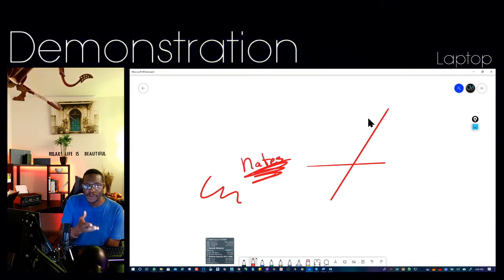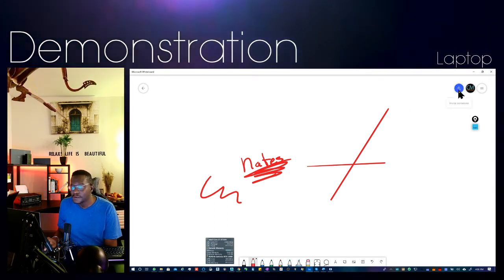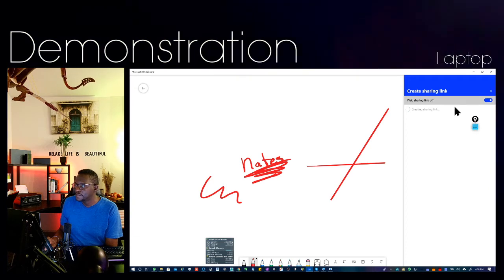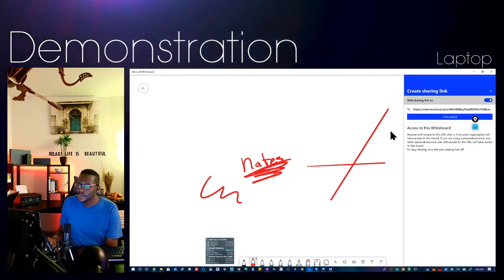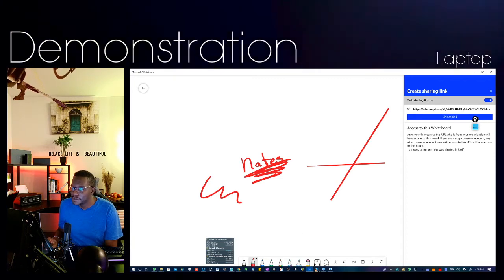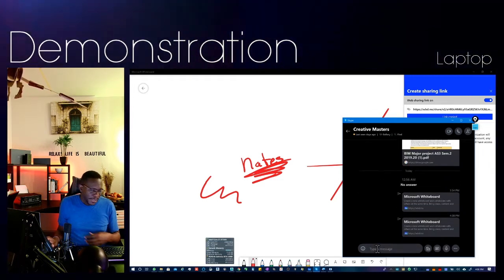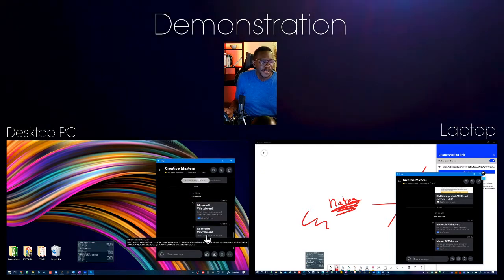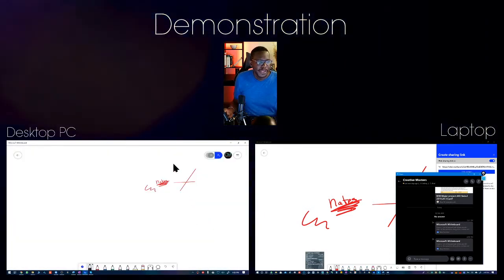So let's say I wanted to share this with a fellow lecturer or a student, then I would just come to the share button and generate a link. So do I want to share this? Yes. So I click that and it will give me a link. Now, once I get that link, I'm going to copy that link, and I could just distribute this link whether by email, WhatsApp. In this case, I'm going to demonstrate that by sending the link through Skype. I'm actually going to send it to myself. So if you take a look at this other computer now, you would see that I would receive a link, and when I click it, it will open up the same whiteboard that I had open.